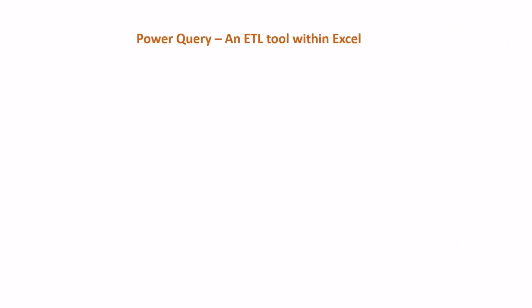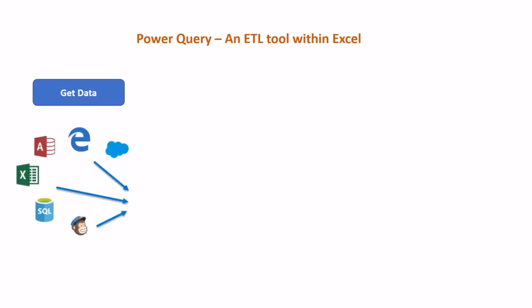You see, this Power Query is called an ETL tool. It stands for extract, transform and load. So in other words, using the Power Query, you can get the data from different applications. Applications like Excel, CSV file, Access, SQL, Azure, XML, JSON, Web, even PDF file, and also from a folder you can get the data.